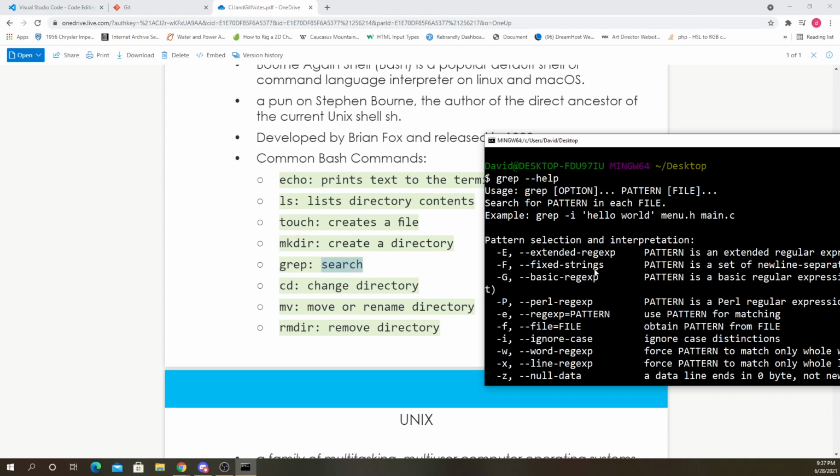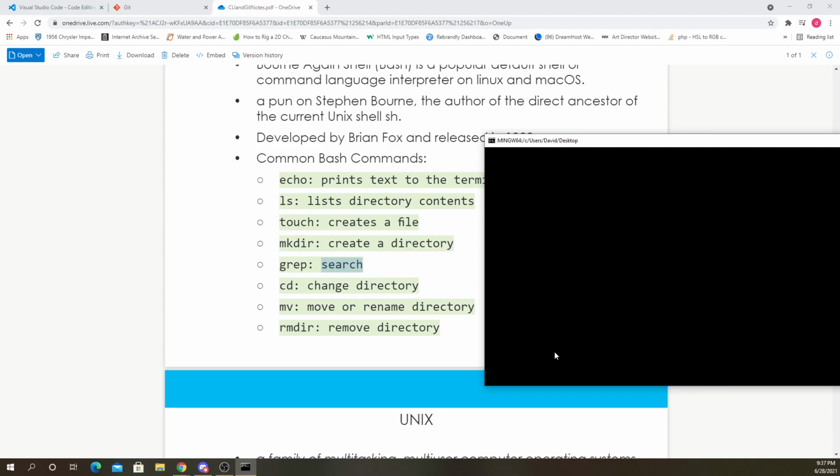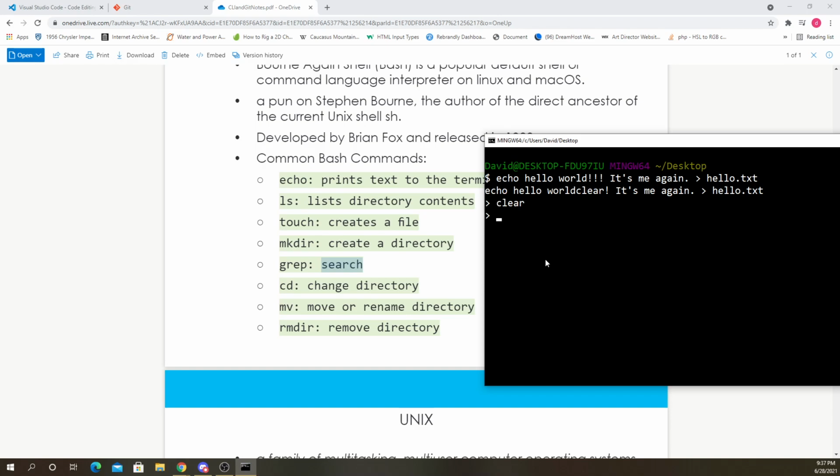So I guess what we should do is create the files first. That would make sense. So let's type echo hello world, it's me again, and then let's put that into a file called hello.txt. Okay, wait, what am I doing?